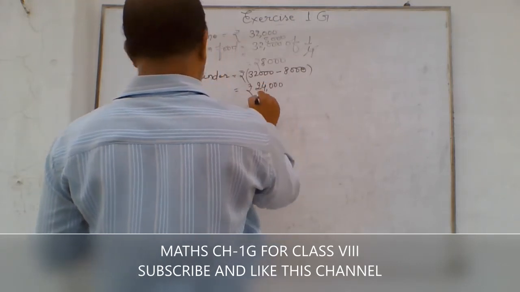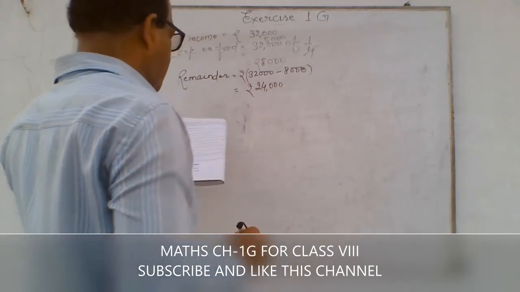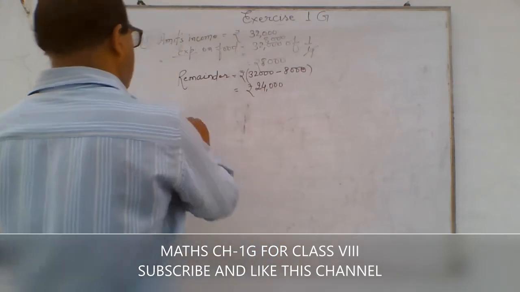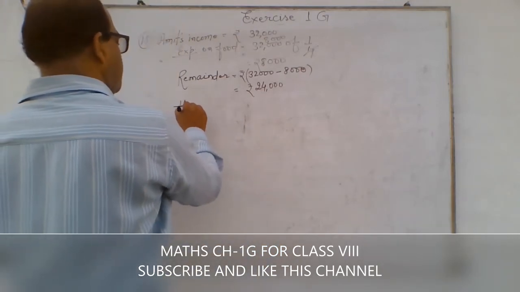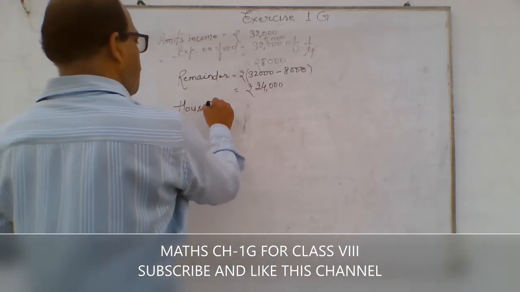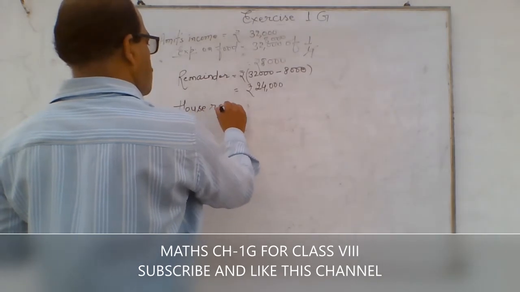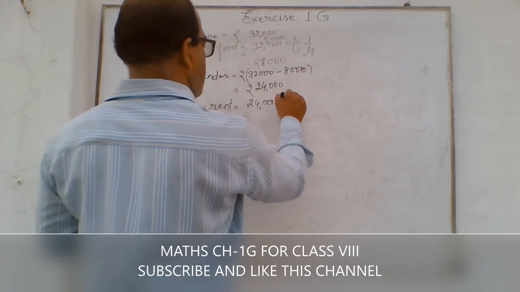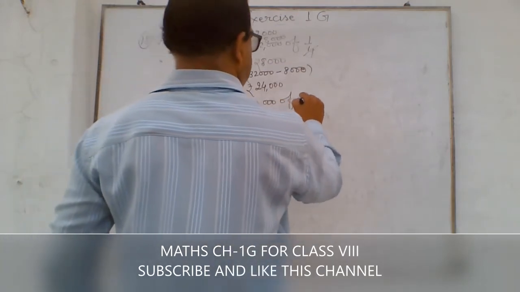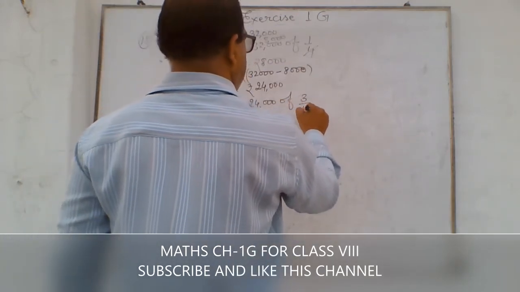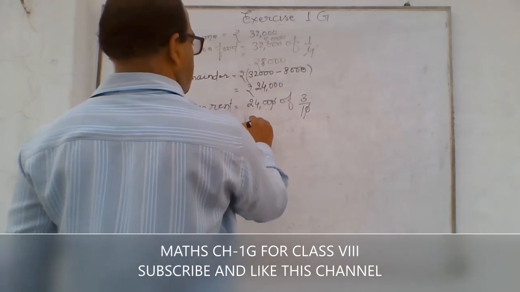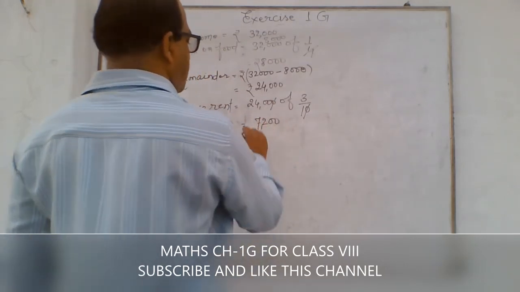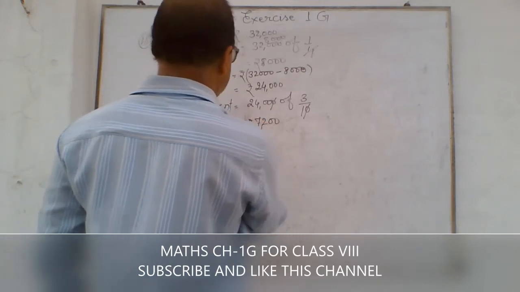This one the remainder. Next, 3 by 10 of the remainder on house rent. His expense on house rent is equal to 24,000 of 3 by 10. 7,200 rupees he expends on house rent,